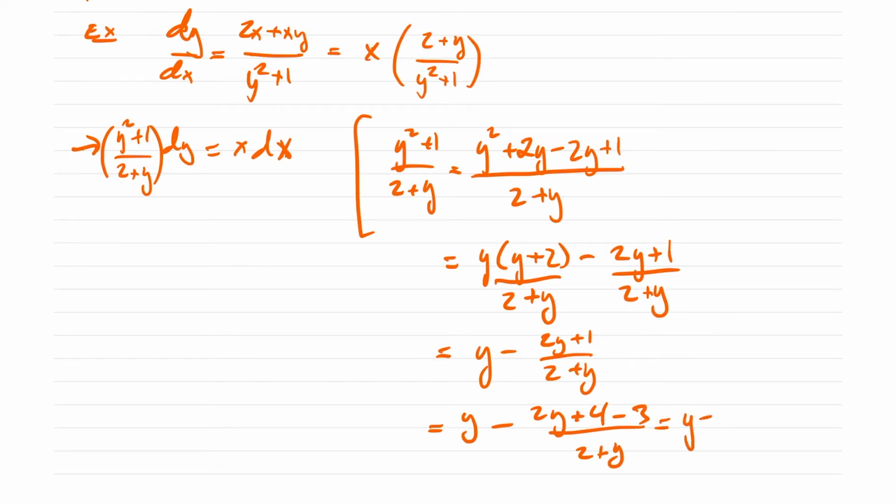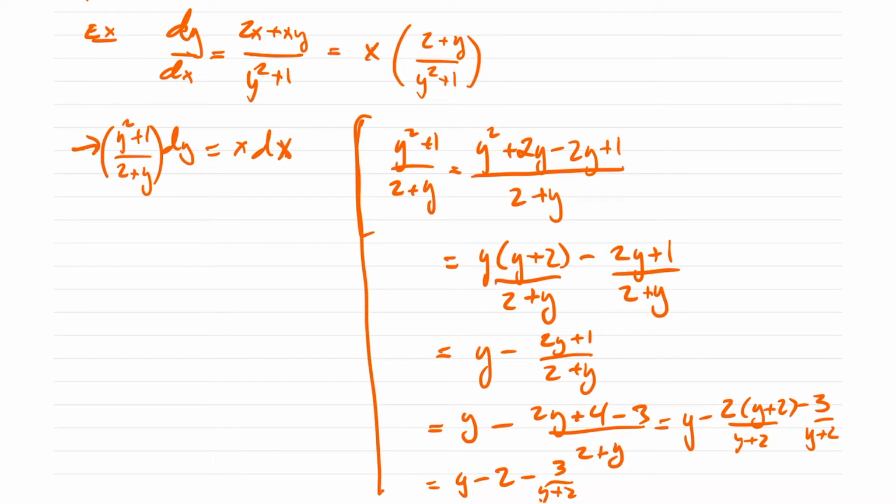So we have y minus, say it's going to be 2 times y plus 2 minus 3 divided by y plus 2 divided by y plus 2. And ultimately what we get is y minus 2 minus 3 over y plus 2. Okay. So avoiding doing long division, this is sort of a neat little trick that you can do to simplify